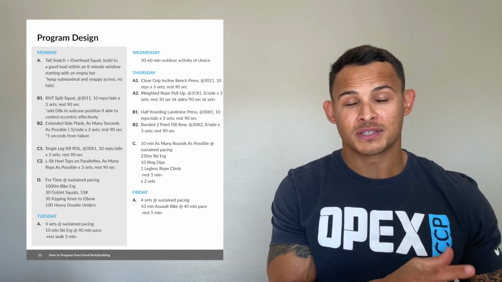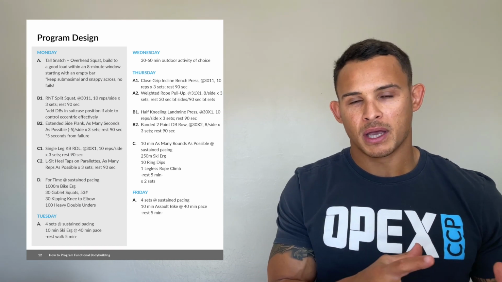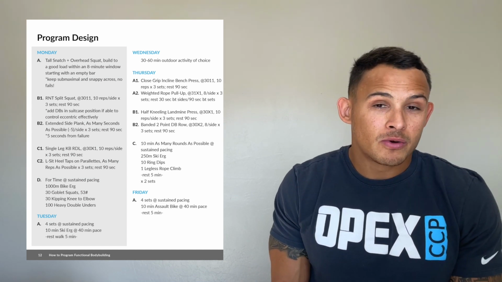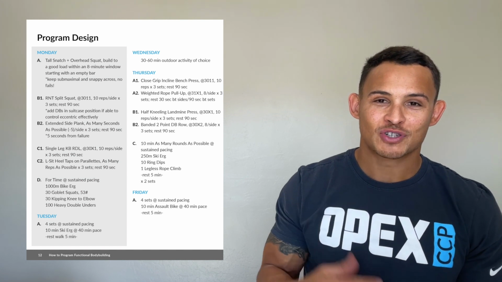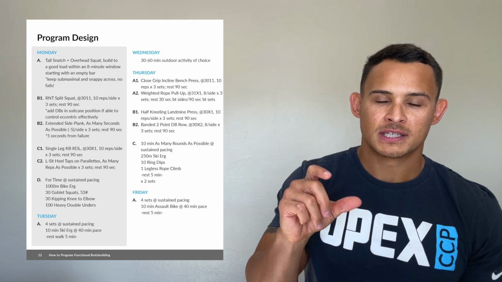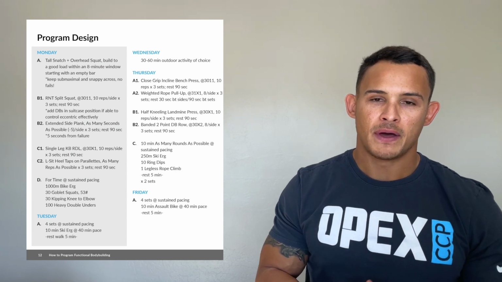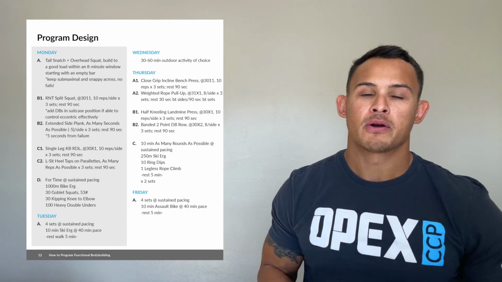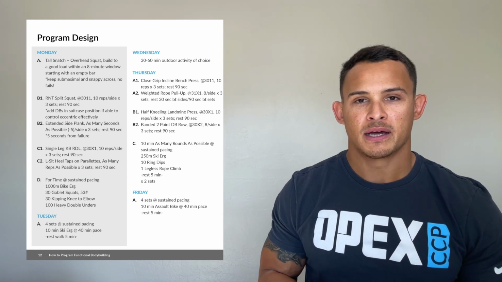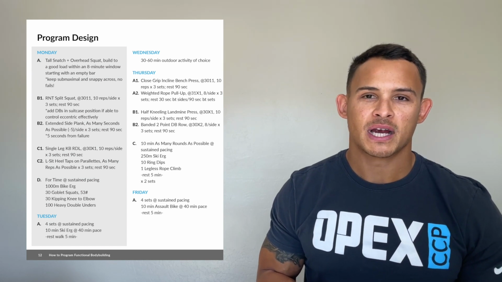Before he accomplished the 1,000 meters on the bike erg, that probably would have been a fairly easy task for him. But coming off of that bike erg fairly fatigued in the quads and going into the goblet squat, what are we doing? We're now biasing some strength endurance pieces inside of this mixed modal piece, and we're staying true to the lower body that we laid out in the pattern selection. And then he's going to core, which is also a priority for today, and he's doing 30 kipping knees to elbow. Then he's going to end this piece with, let's call it, a cyclical piece with the 100 heavy double unders.